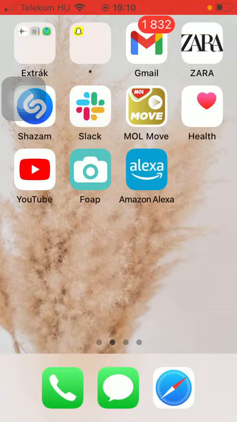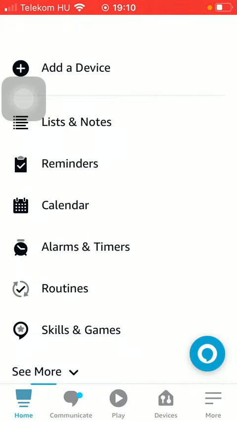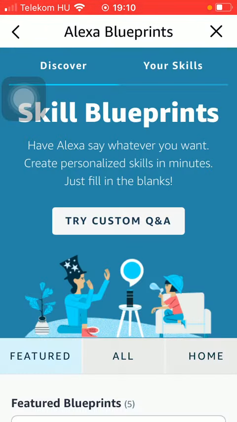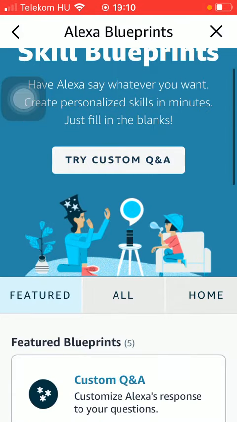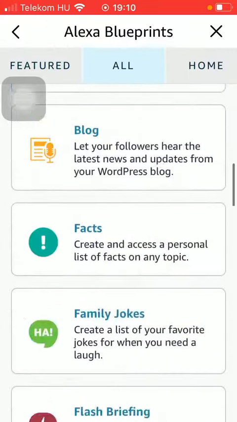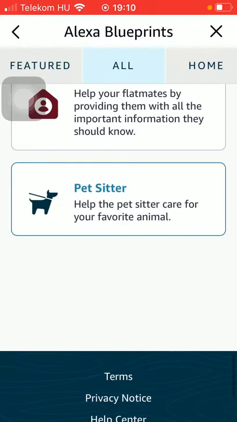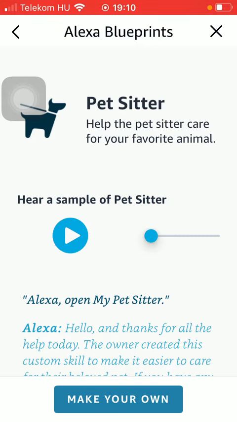First of all, open the app on your phone. After that, you should click on the More button. Down below, tap on See More. Then click on Blueprints. After that, you should tap on the All button in the middle of the screen. And then scroll down until you find the Pet Sitter section, where you can help your sitter to care for